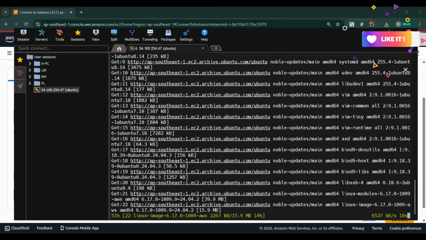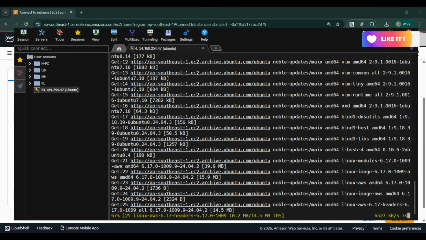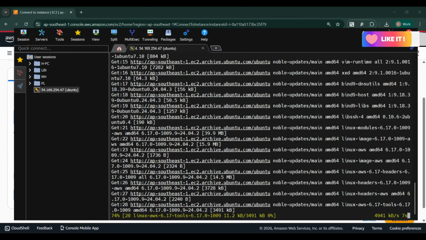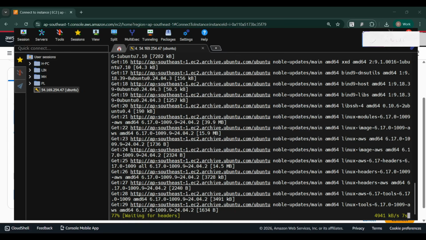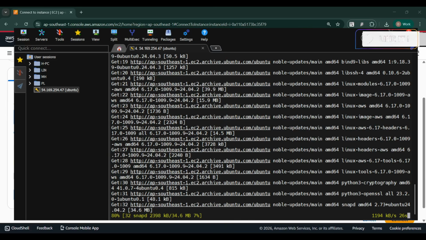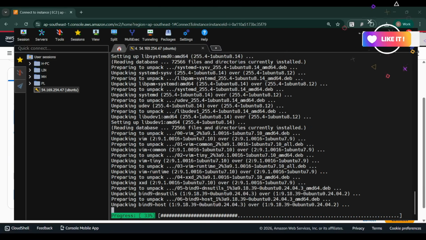Basically, first we have used sudo apt update. It will refresh the package list, and when we click on upgrade, it will upgrade all packages. Okay,